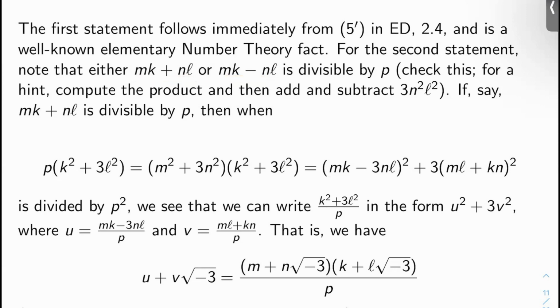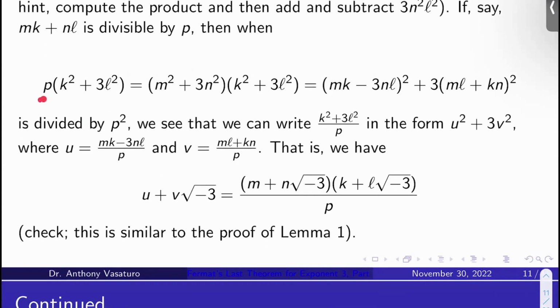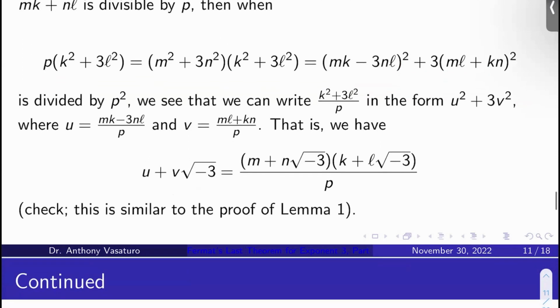Okay, let's say it's mk plus nl that's divisible by p. Well, when I take p times k squared plus 3l squared, which is m squared plus 3n squared times k squared plus 3l squared, and I use that same formula I used in lemma 1 from last video to multiply these out into a useful alternative form, I get mk minus 3nl squared plus 3 times ml plus kn squared. You can just check these are equal. Okay? If you divide both sides by p squared, kind of like how we divided both sides by 4 squared last lemma,